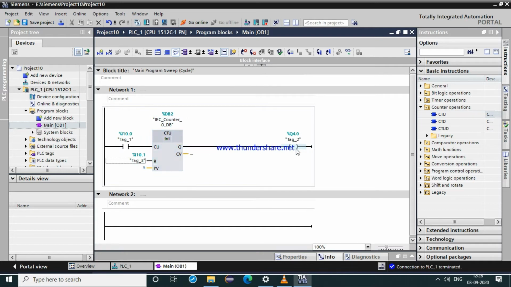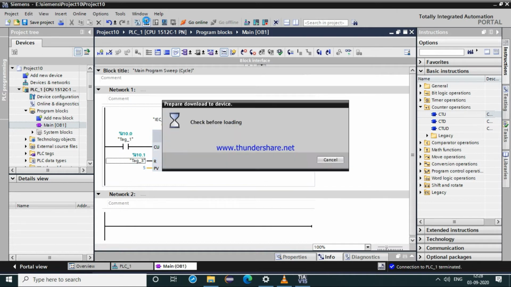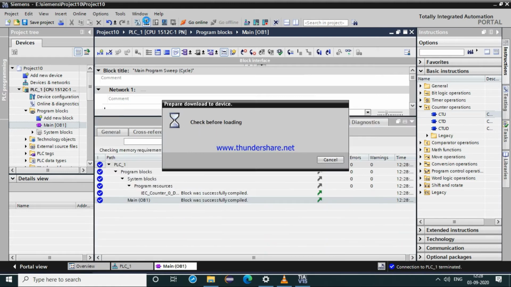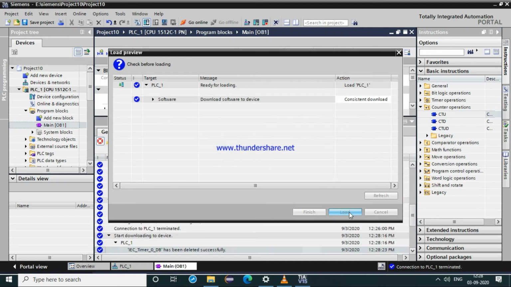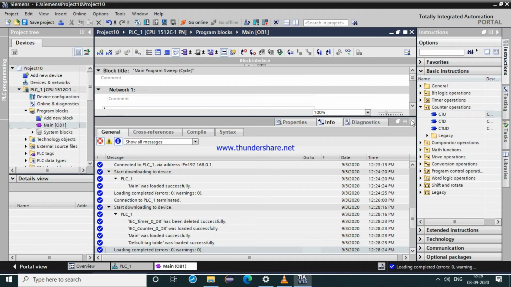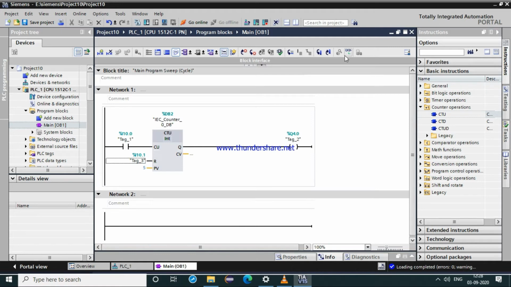And this is the output rung. Here you will get an output after my counter operates 5 times. So we will download this to the device. Load. Monitoring on.